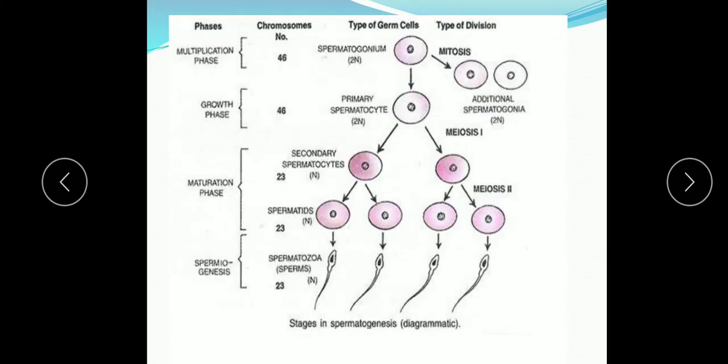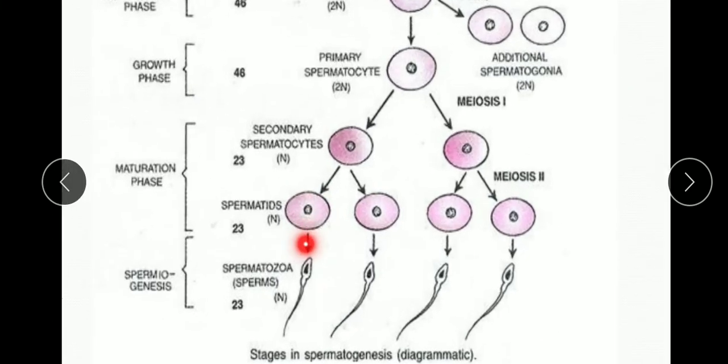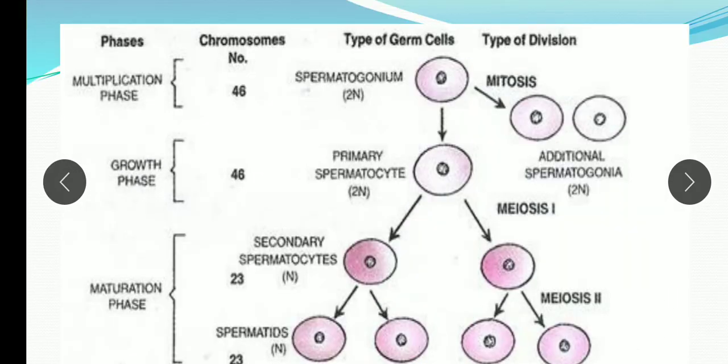So this is the diagram showing the stages, the mechanism of spermatogenesis. First we will start with the first step, the formation of spermatids. It involves the first phase, the multiplicative phase. Now what happens in the multiplicative phase? The germinal epithelium of the seminiferous tubules of the testes contains many primordial germ cells, and they undergo continuous mitosis under the influence of FSH, and these are diploid cells.